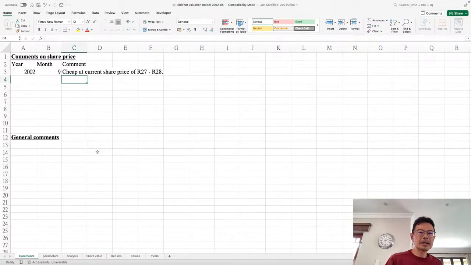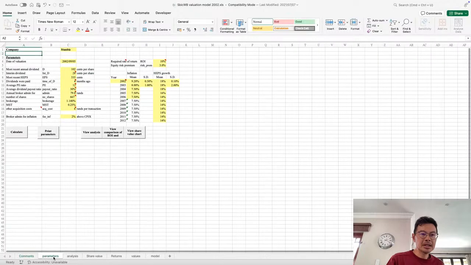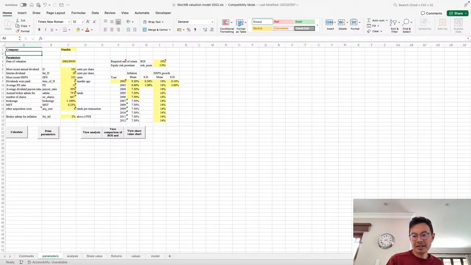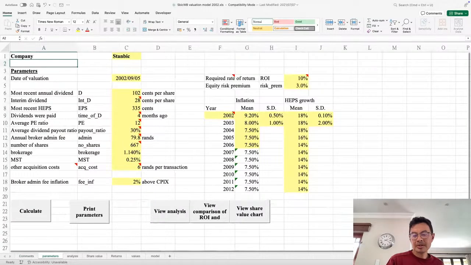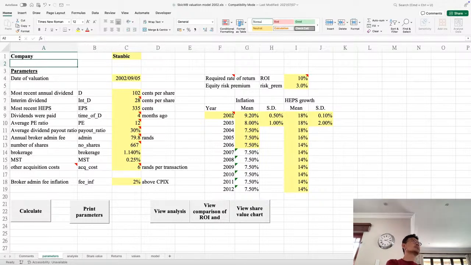Okay, so you can see this is the comment sheet, and here are the parameters. So there are certain assumptions that need to be made in order to calculate the present value. The Warren Buffett way of doing the valuation is that you discount the future cash flows, and so these are the parameters I put in in terms of most recent annual dividends,